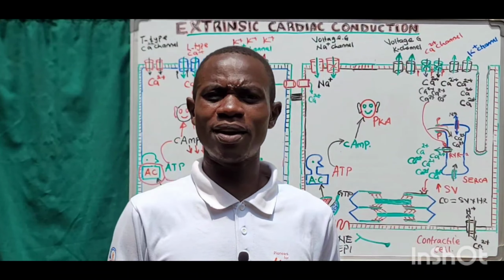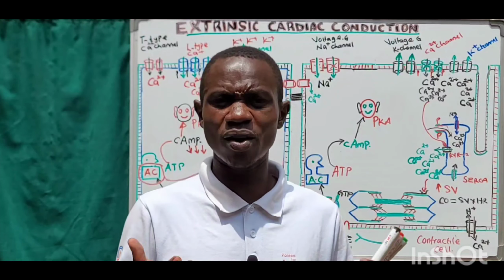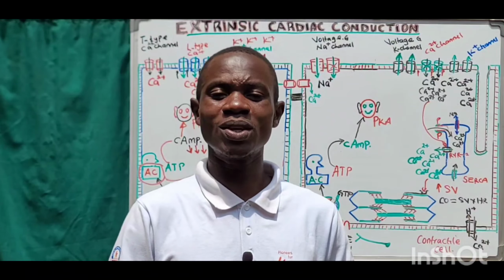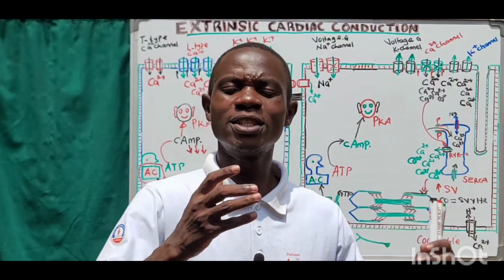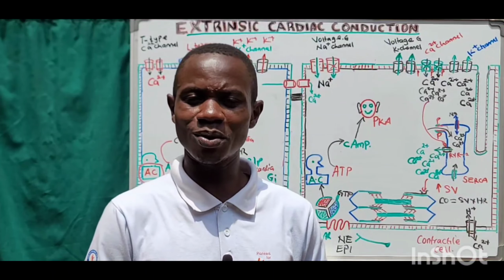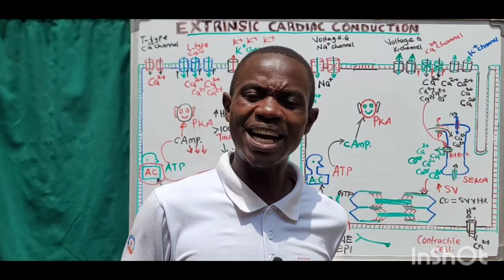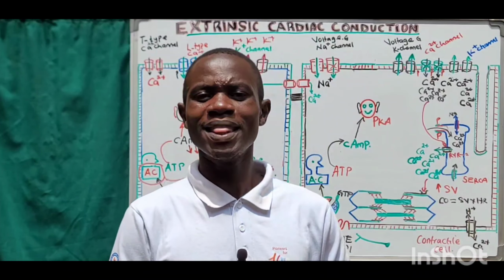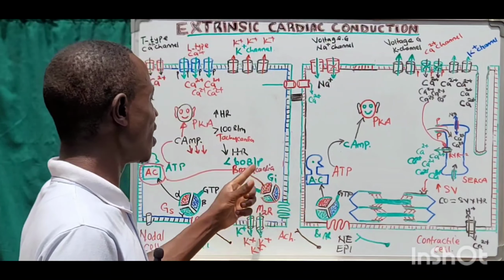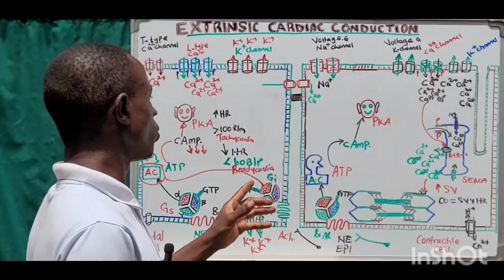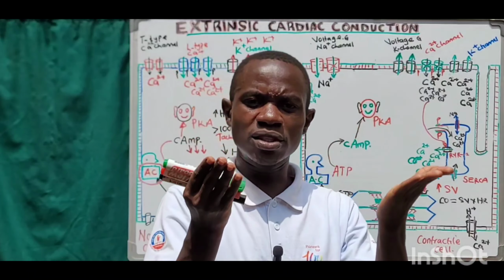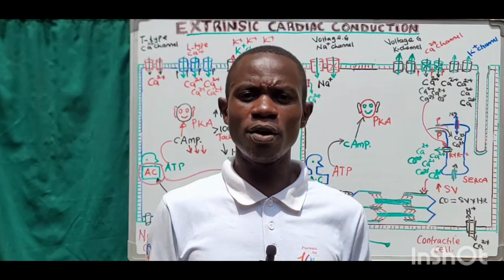If we decrease the depolarization ability, we are decreasing the generation of action potentials. If we decrease the generation of action potentials, we are decreasing the speed of the contraction. And if you reduce the speed of the contraction, of course, you're going to decrease heart rate. If you decrease heart rate below 60 beats per minute, that is bradycardia. So that is how the G inhibitory subunits exert this inhibitory effect to make sure that the heart rate comes back down to normal